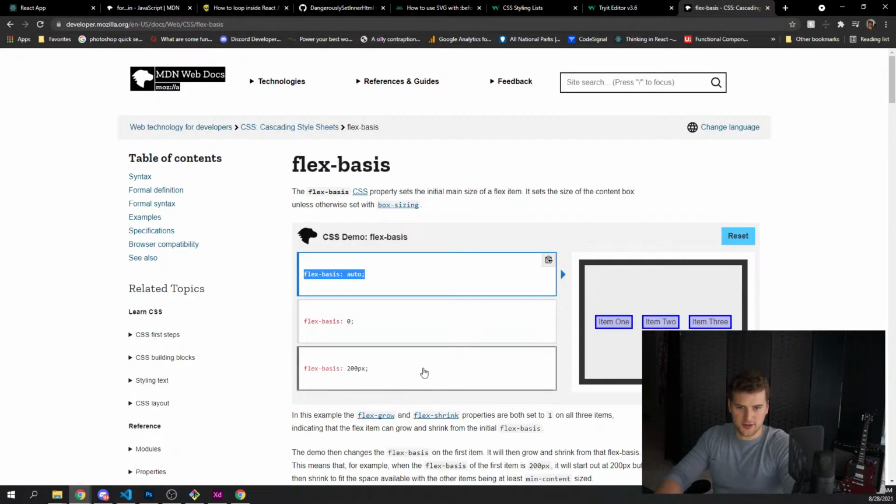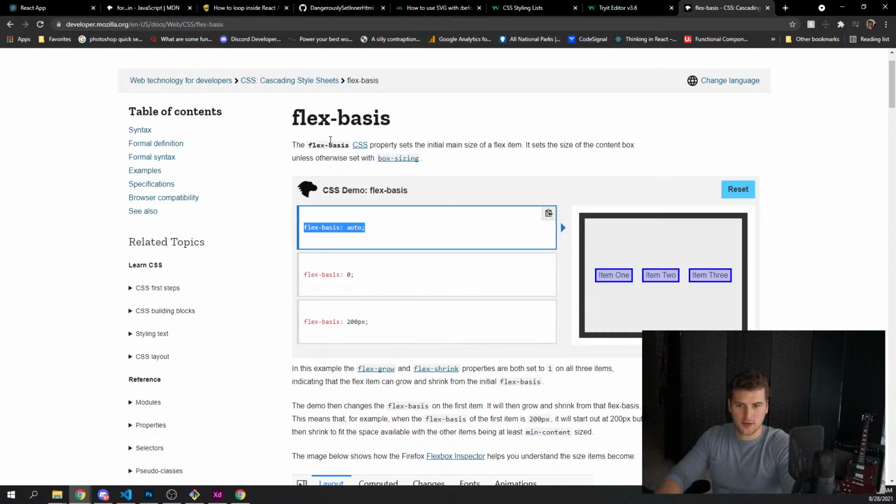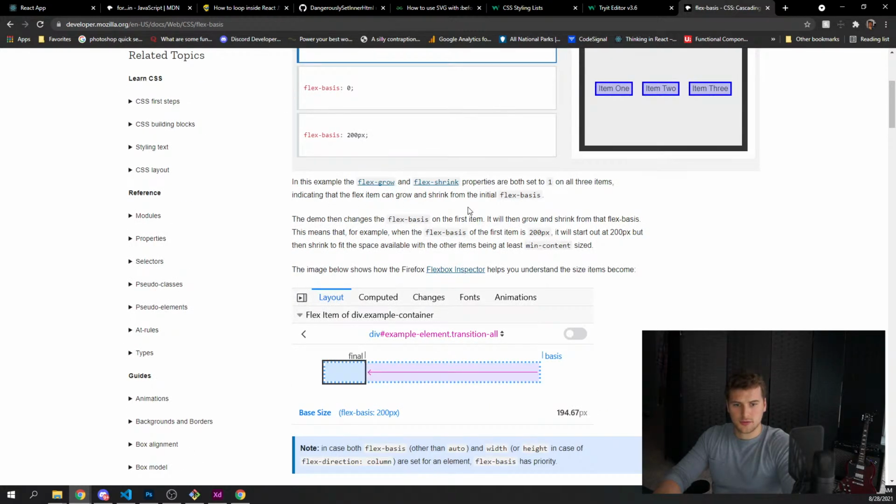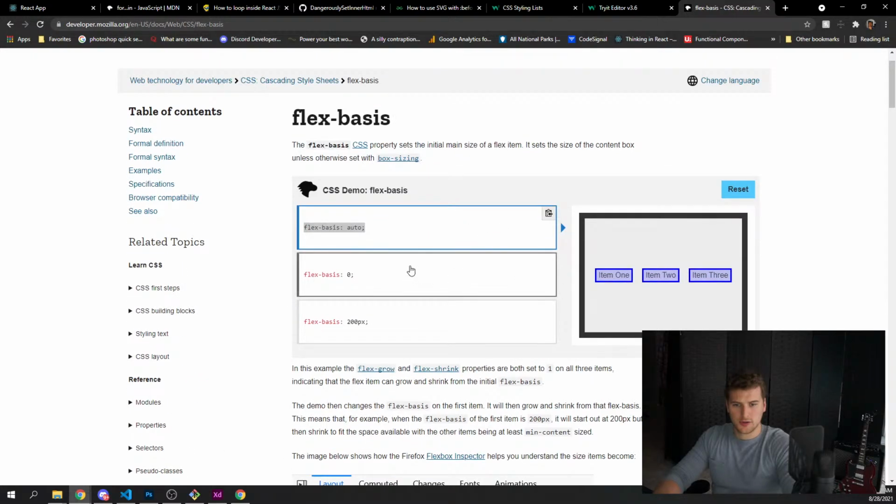Flex basis auto, not the default. Sets the initial main size of a flex item. It sets the size of the content box. I would think this would be the default, huh?